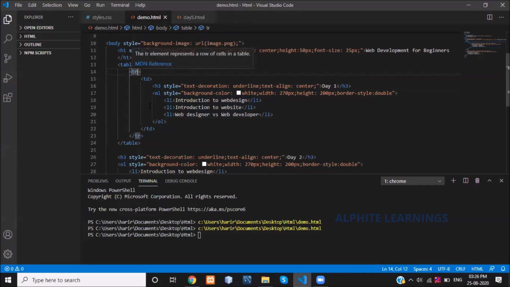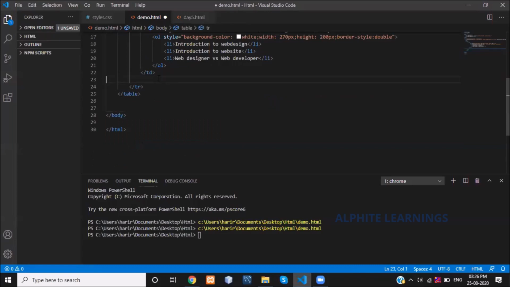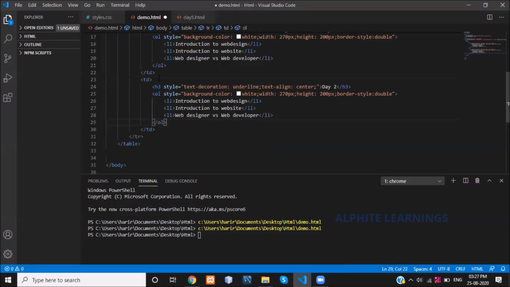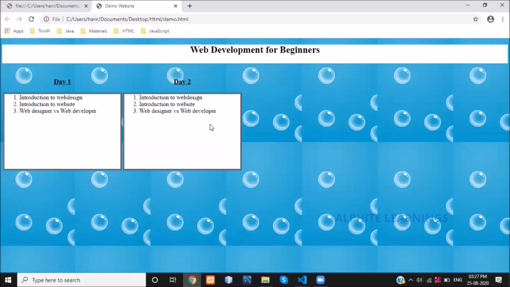Similarly, in the same row, I'm adding the second day session. The next data will be this, the second table data. Let's see what happens.